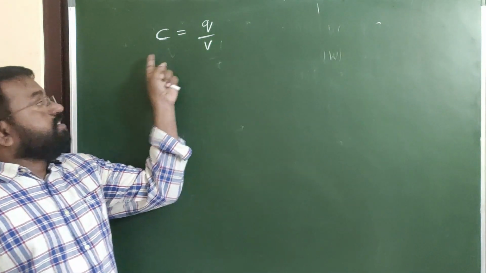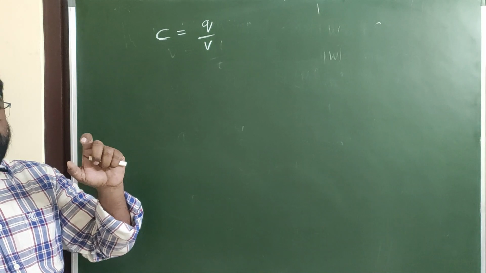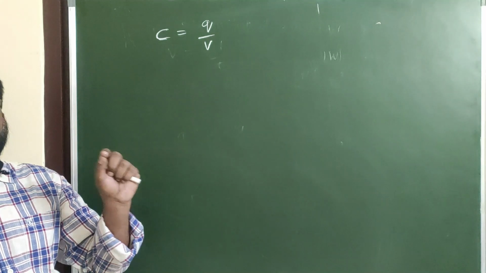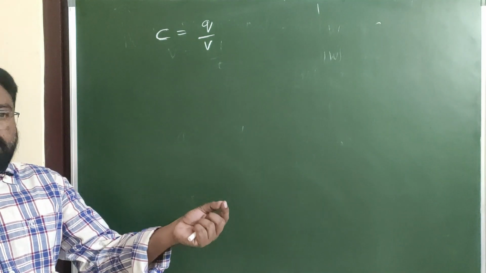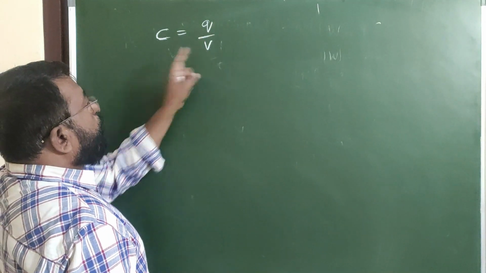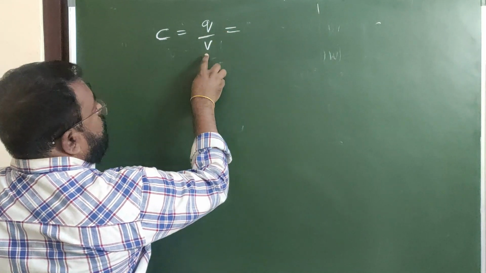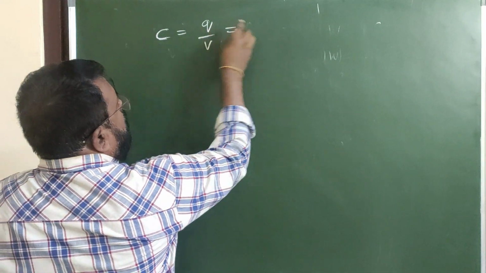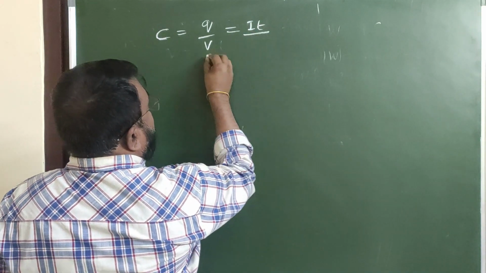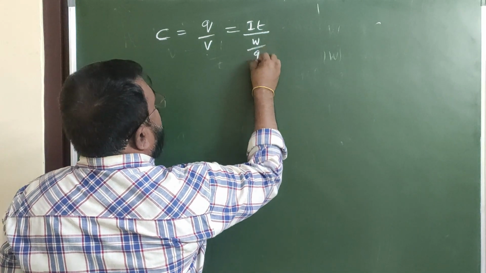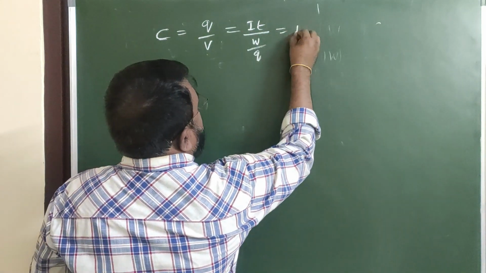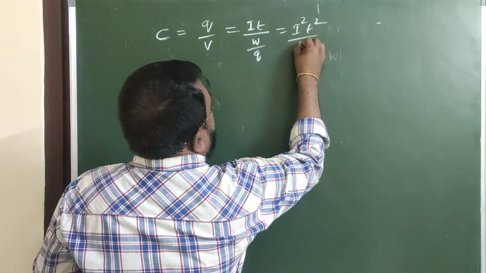Here, for any physical quantity's dimensional formula, there are some fundamental physical quantities. Most of the physical quantities use mass, length, time. Another thing is current and temperature. Therefore, capacity C is equal to Q by V. Q is the charge, V is potential. Here, charge we can write in terms of current I into T, current into time. Potential is W by Q, work done by charge. Charge is also I into T. This becomes I square T square by W.